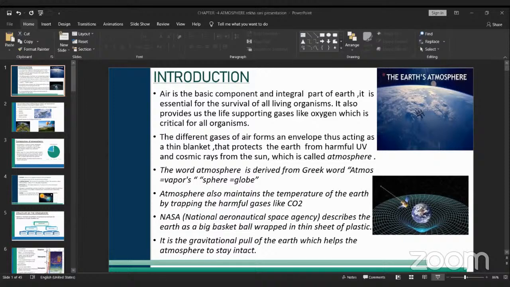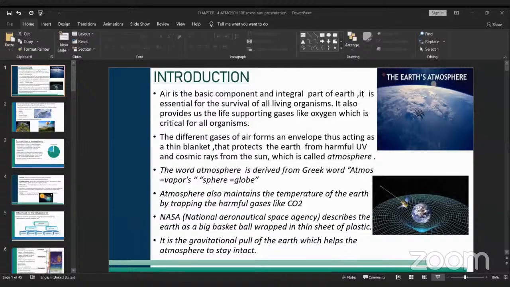Okay. Now we have the winds also. Winds are nothing but air moving from high pressure areas to lower pressure areas. And we have different types of winds, that is breeze, gust, and storm. According to the movement of the wind, we call it a breeze, gust, or storm. And the types of pressure belts, we already discussed in the last session.